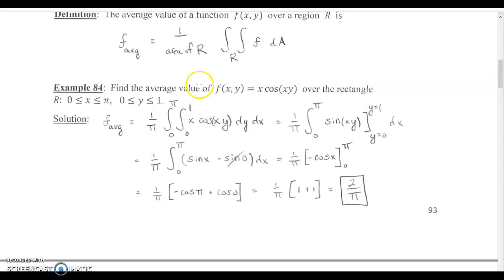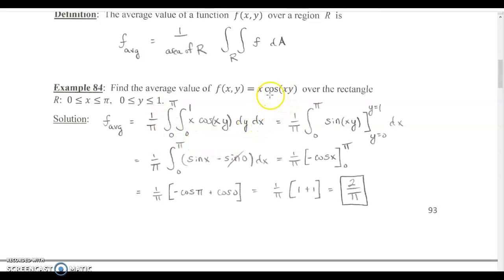So for example, let's find the average value of f(x,y) = x cos(xy) over the rectangle. A formula for computing the area of a rectangle is very easy. So 1 over the area of that would just be pi times 1. I'm sorry, the area is pi times 1. So 1 over pi. And now I'm going to integrate over the rectangle, so it really doesn't matter which way I integrate, except